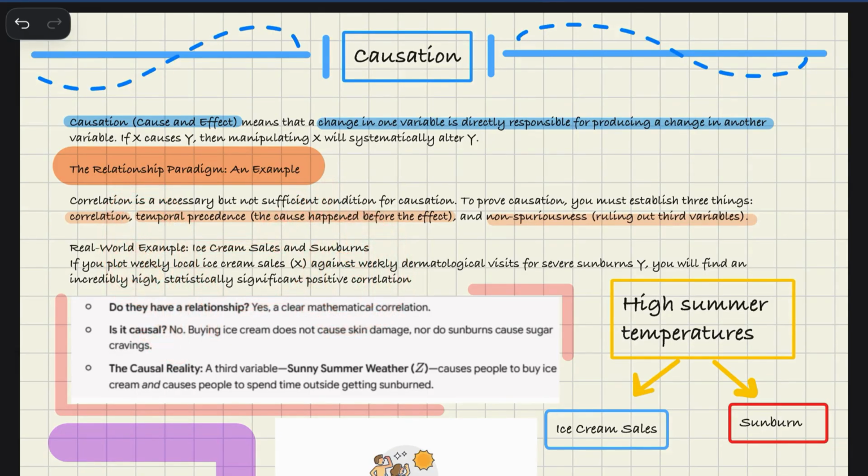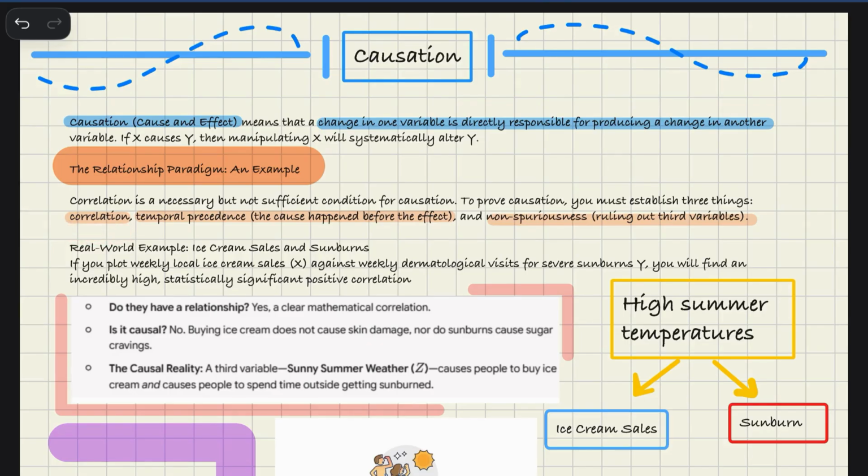In business and technology, finding correlation is nice because it helps us predict things, right? But finding causation is the real gold mine. Why? Because if you want to actually step in and change an outcome, like increasing the sales or reducing the server downtime, you have to pull the lever of the true cause. So there are three pillars of proving causation,